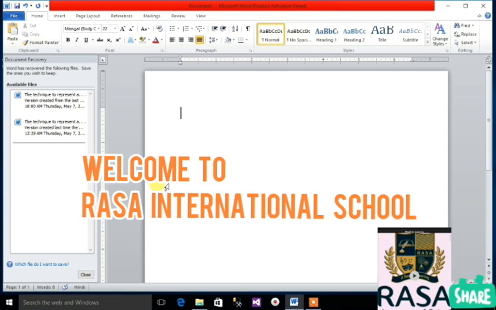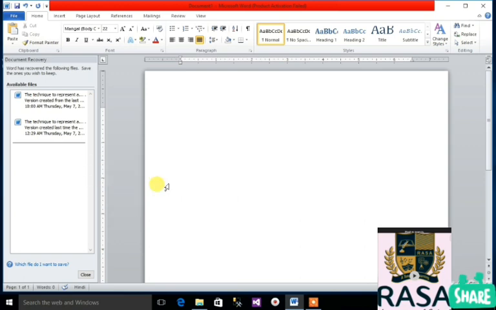This is your first practical class, as in the previous class you have learned the theory of Microsoft Word. So here in this class we will learn practically how to work in MS Word. So first we need to understand the tabs. So these are the tabs: home, insert, page layout, references, mailing, review and view. So first we need to understand the home tab, because it is a very essential part, and it is a common tool. Actually it has common tools by which you can create a document.